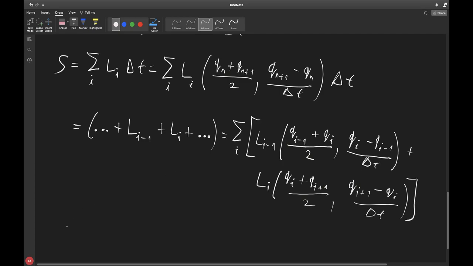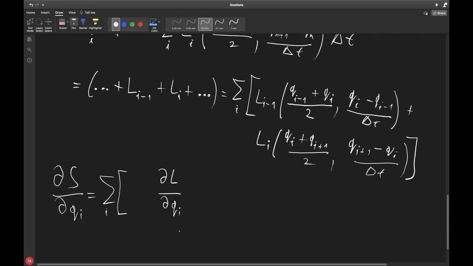So now what we could do is that, since we're looking for an extremum of this S, we could differentiate by the q_i point. So I still have my summation over i. I have the bigger bracket, and then I have 2 points to differentiate in. So the L_{i-1} is differentiated, so it has two coordinates. This one was q dot. You should remember this was q dot. So I differentiate this by q_i,